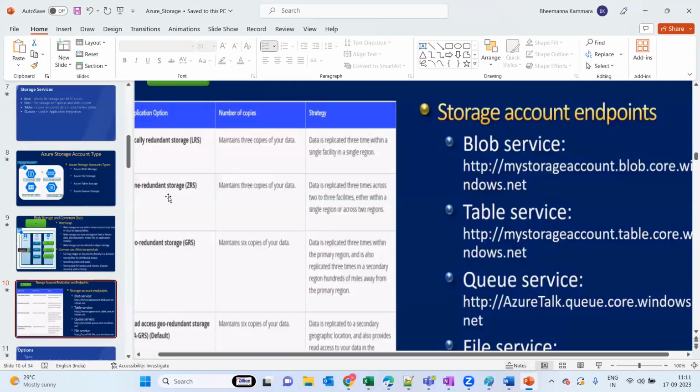And next is zone redundant, which maintains 3 copies of your data. The data is replicated 3 times across 2 or 3 facilities, either within a single